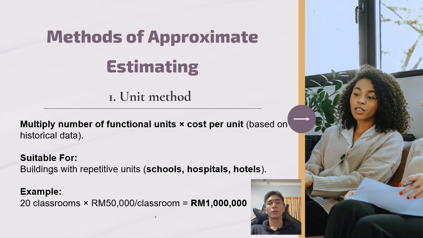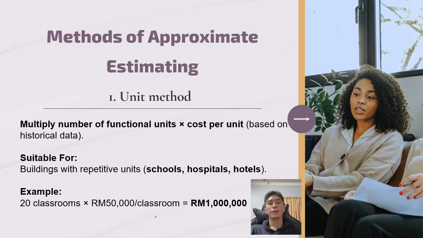The unit method is one of the simplest estimating techniques. It works by multiplying the number of functional units, such as classrooms, hospital beds, or hotel rooms, by the standard cost per unit based on previous similar projects. This method is suitable for buildings with repetitive units like schools, hospitals, or hotels. For example, if each classroom costs 50,000 ringgit to build and the school has 20 classrooms, the estimated cost will be 20 times 50,000, which equals